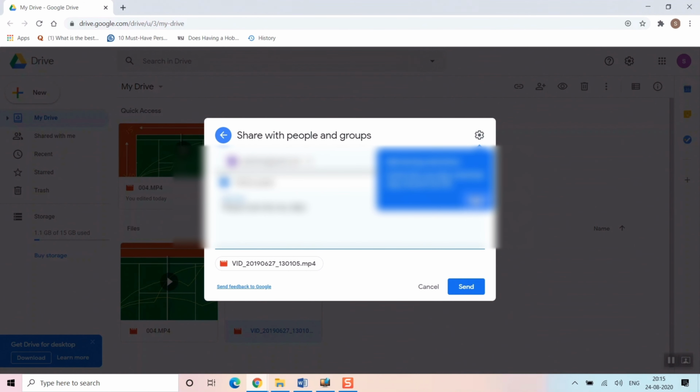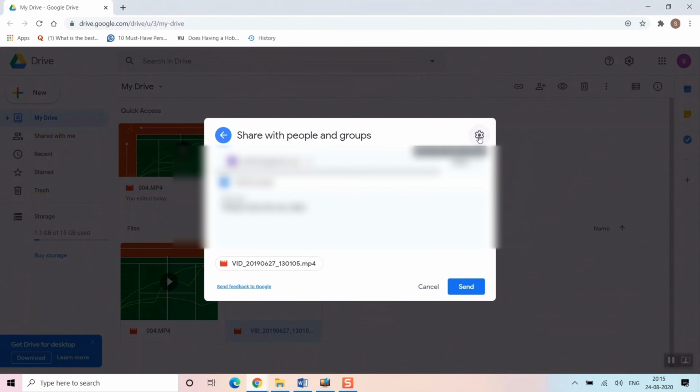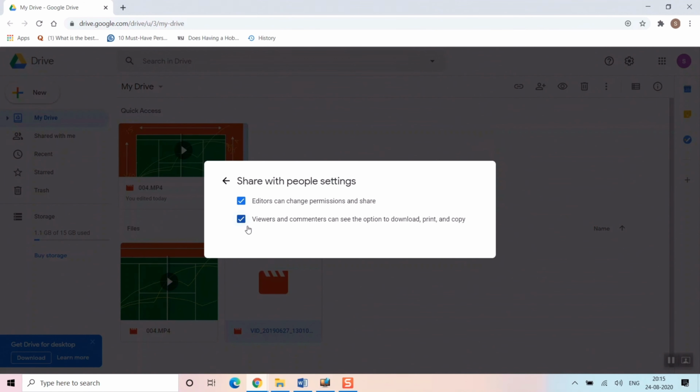Before that, I would like to say that in the settings you can click and see what options come, like editors can change permissions and share, viewers and commentators can see the option to download, print and copy. So I have ticked both of these. So I have given full privilege to my friend to do whatever with this video. If you don't want them to share, you can untick this.